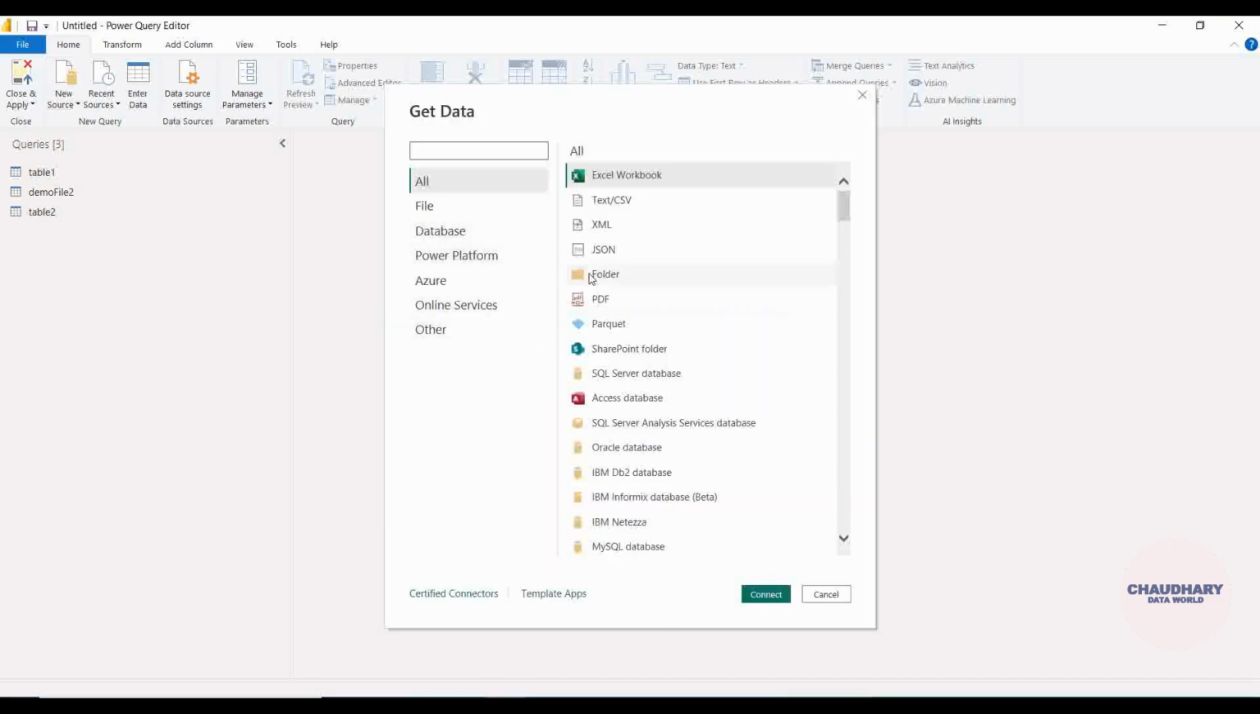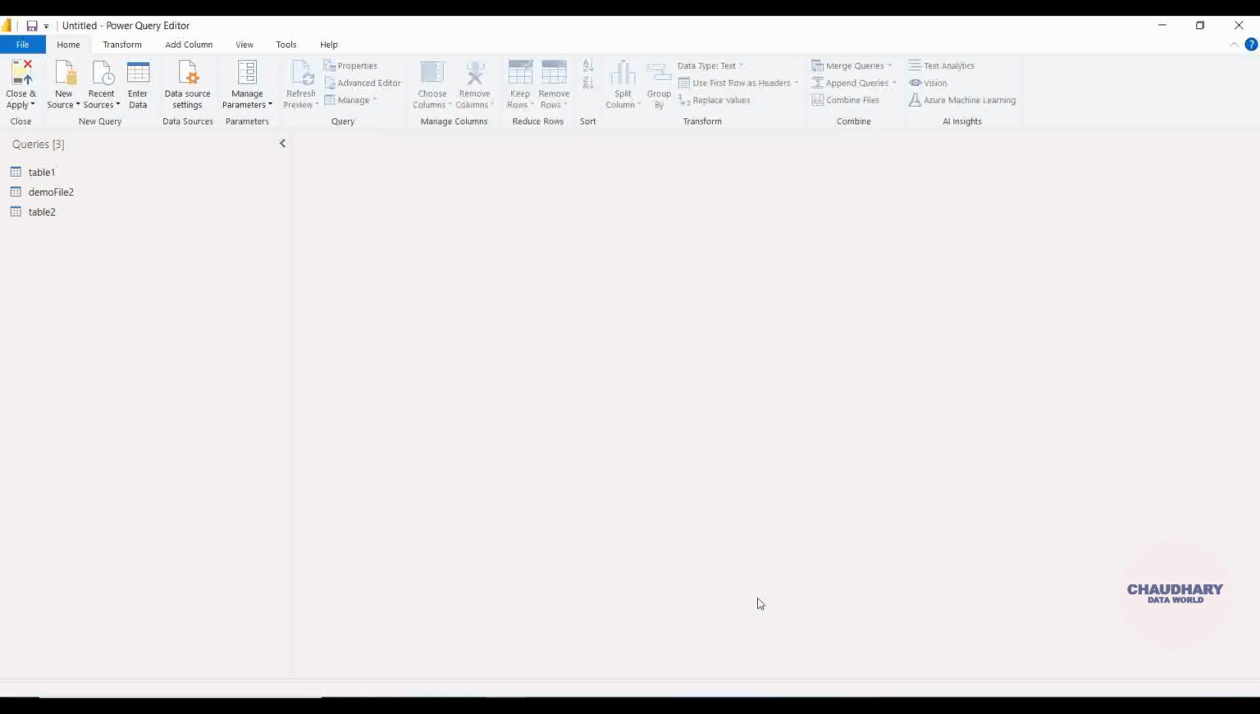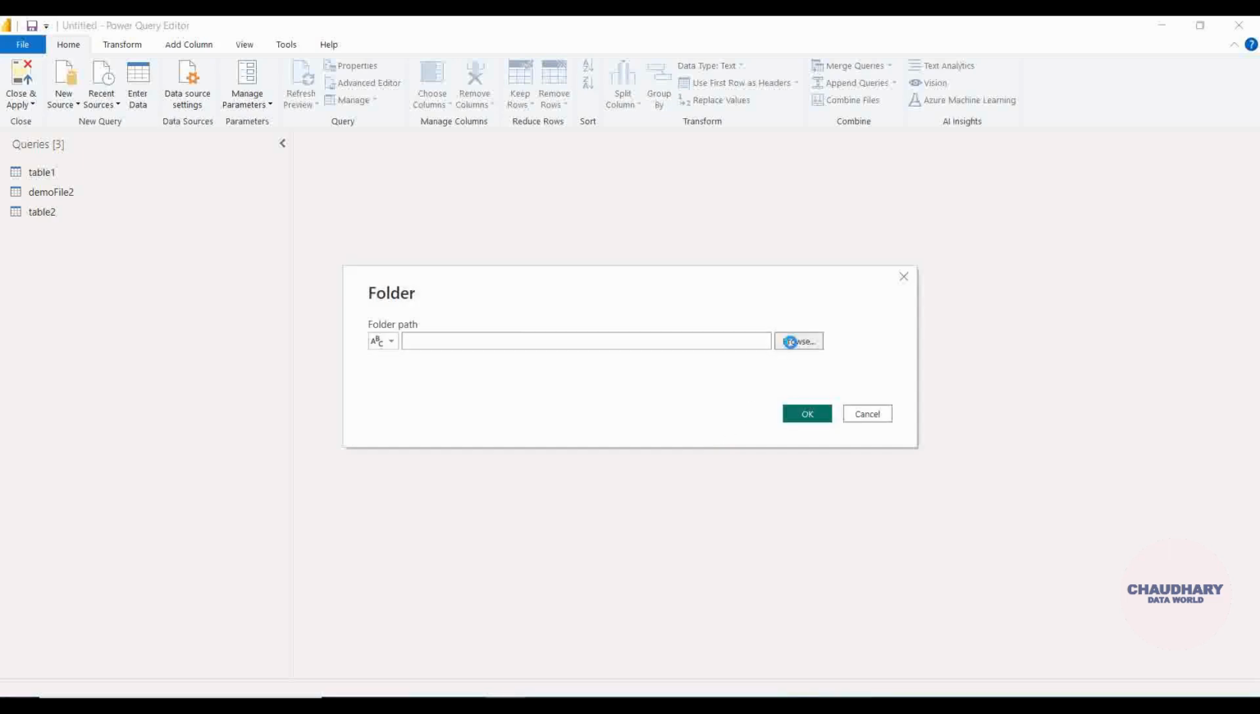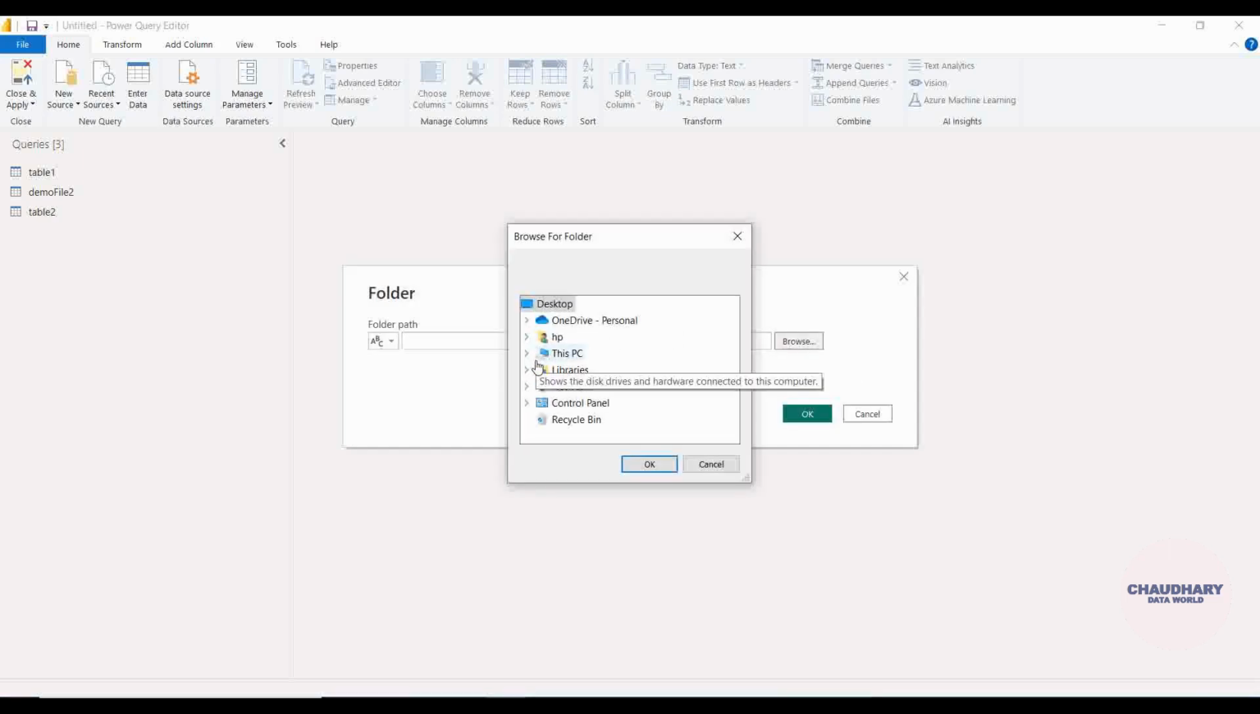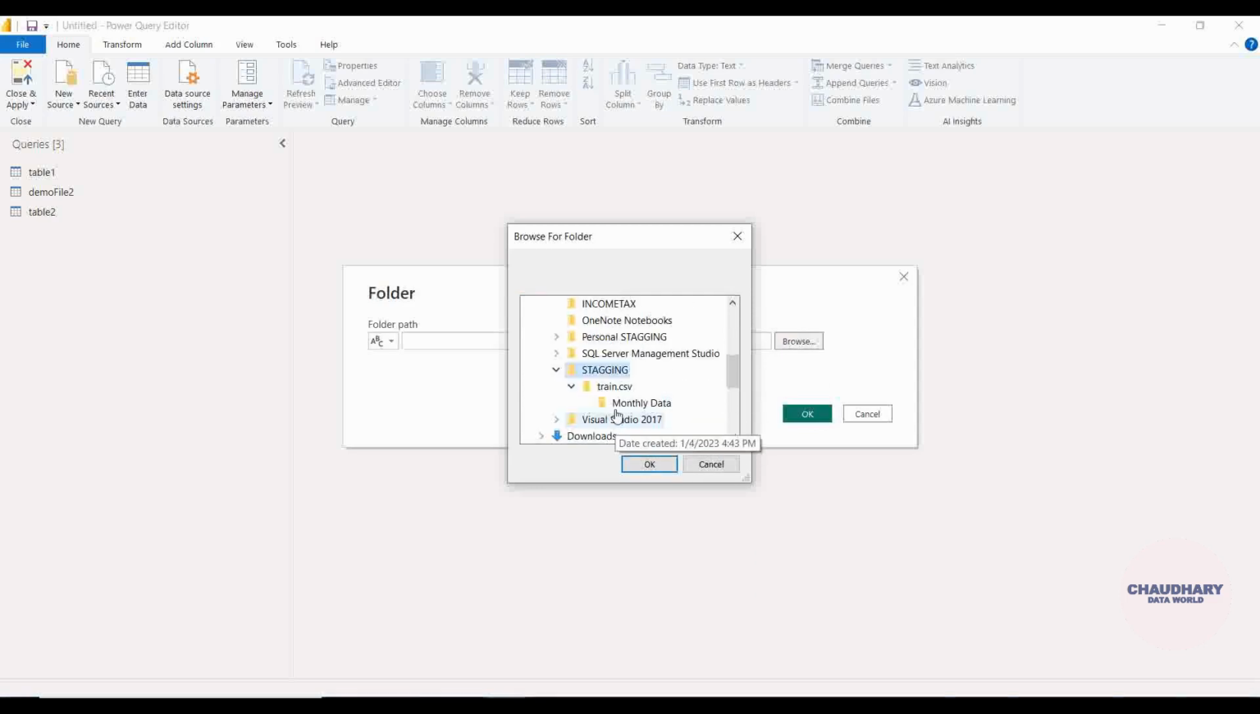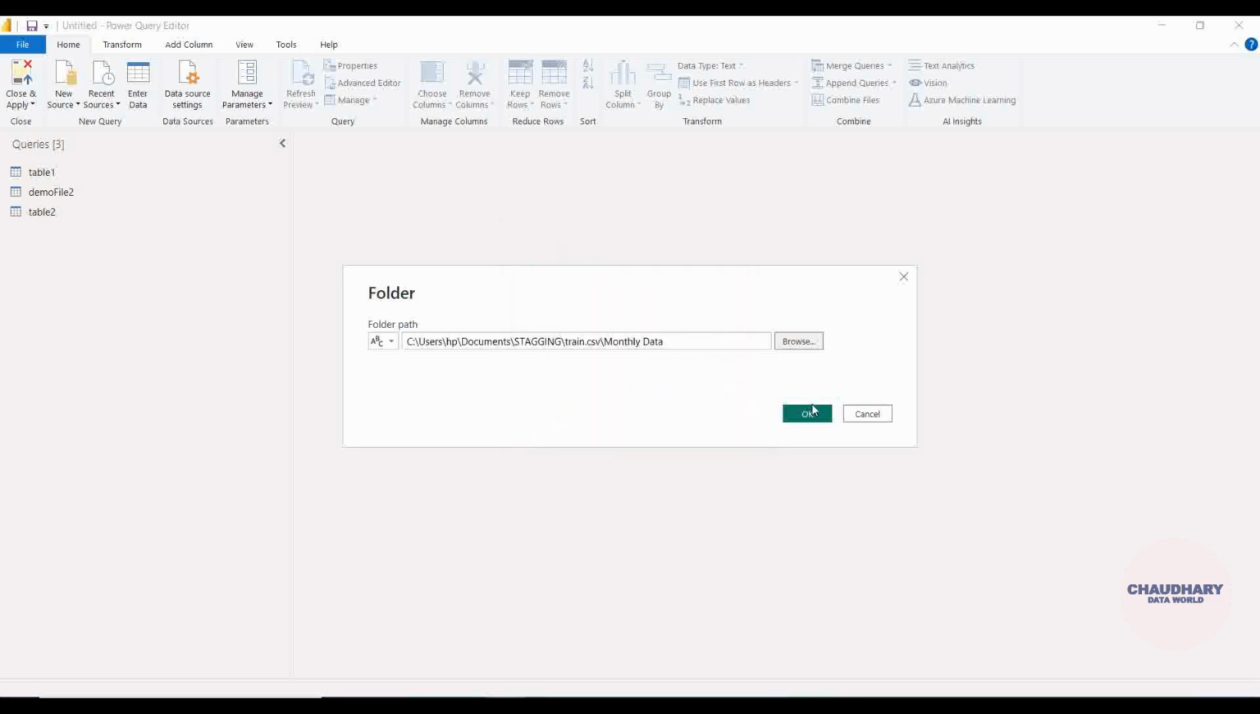Here you have the option of folder. When I click on connect, it gives me a browse option. You can see this PC, documents, monthly data. This was the folder. I'm choosing it. On click of OK,